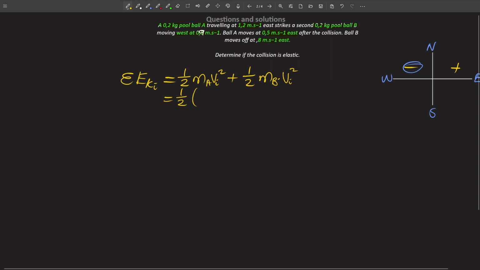The mass of ball A is 0.2, and the initial velocity is